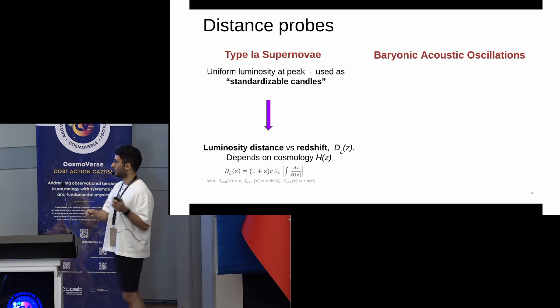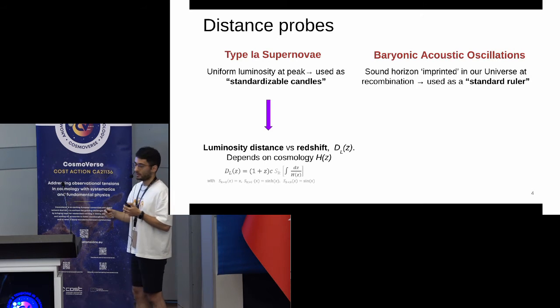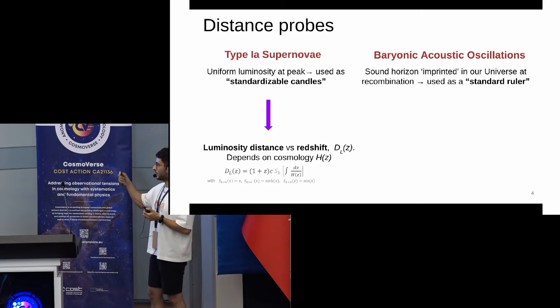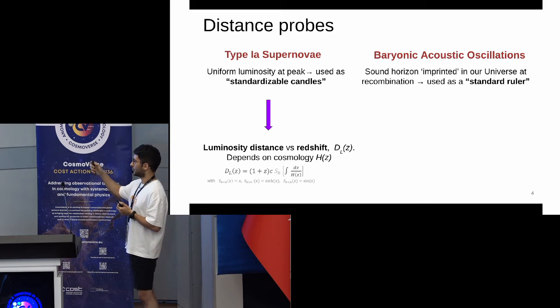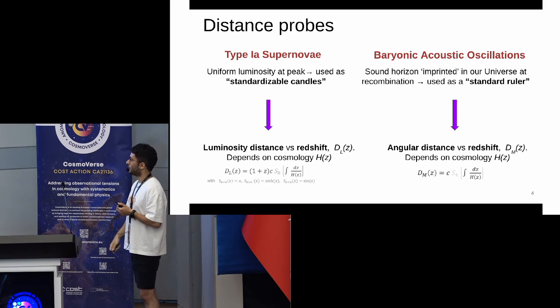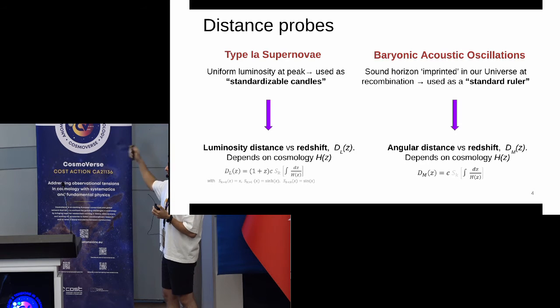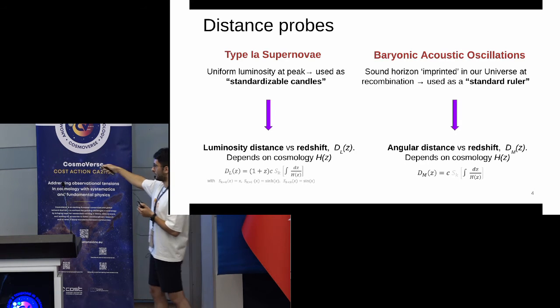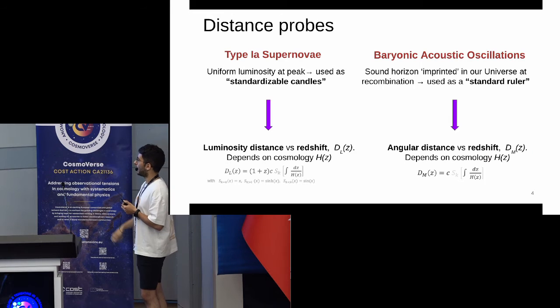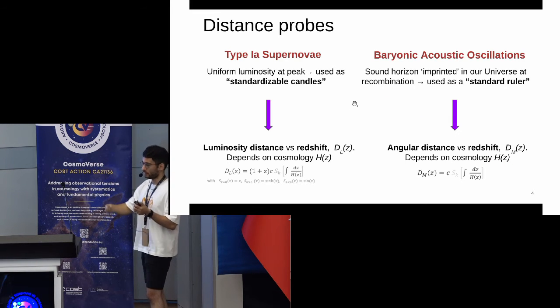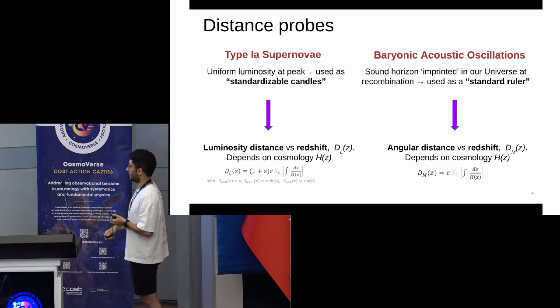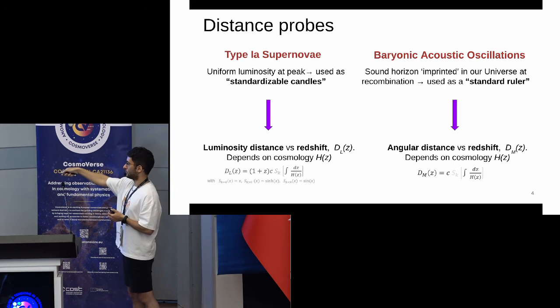On the other hand, with the BAO, basically what we have is the sound horizon scale imprinted in the galaxy clustering signal, and this is used as a standard ruler to measure distances. And with the BAO, we have access to the comoving angular diameter distance as a function of redshift. And this depends on cosmology again, because it depends on the Hubble parameter, which depends on the Hubble constant and the different density contributions. And these 2 are related by a factor of 1 plus redshift.